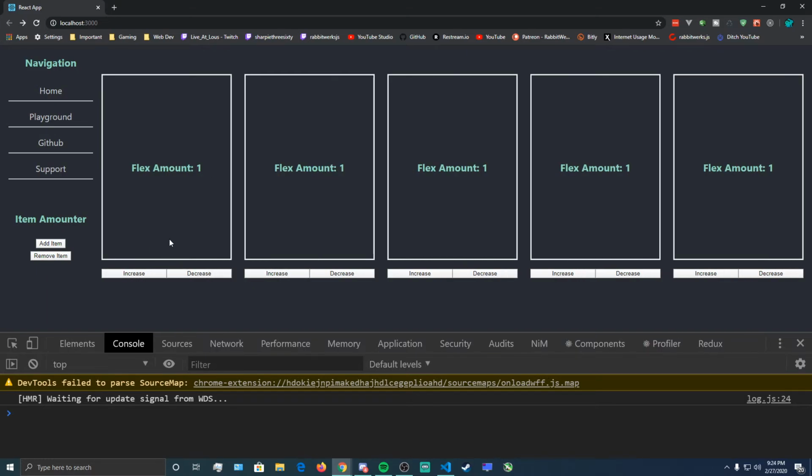Okay, so that works. So basically, the TLDR for this item amounter is that we'll start out with like 2 flex items, and we'll be able to add up to like 10, and then we'll be able to remove down to 1. But the reason we can't do this is because it's a nested component right now. We don't have any state. Like I explained earlier about the functional components and the functional props, we need to implement Redux in order for this to work,